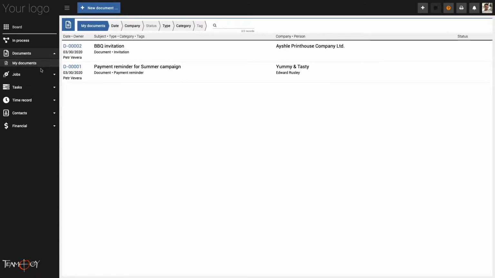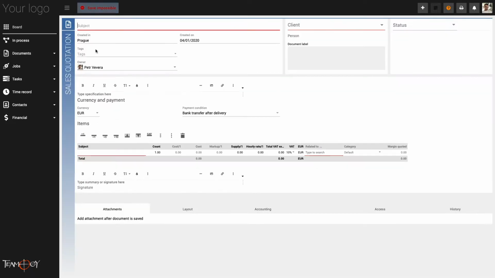My Documents is a view where I can see all the documents that have been created by me with their history. To create a new sales quotation, I need to click on the button New Document. Choose Sales Quotation from the selection of documents. The sales quotation is divided into a few parts: